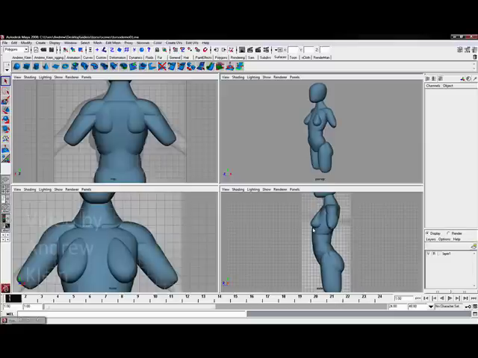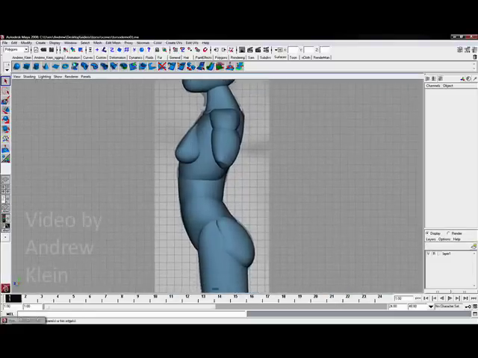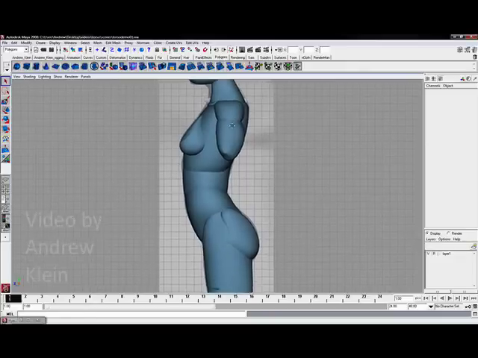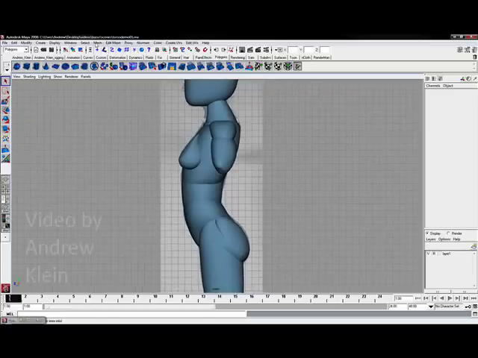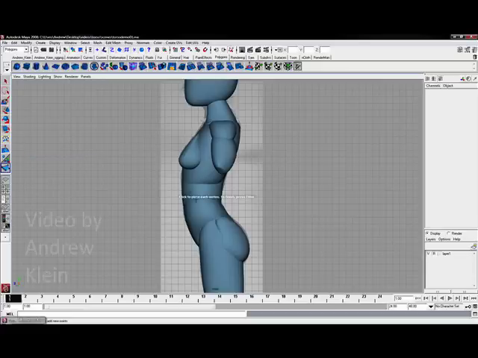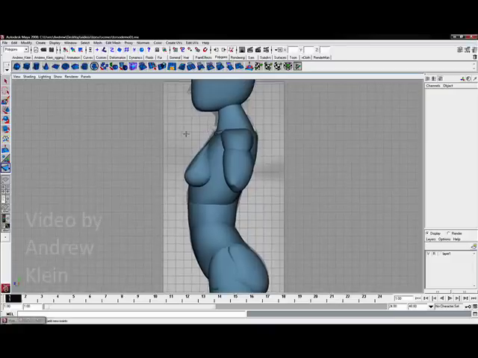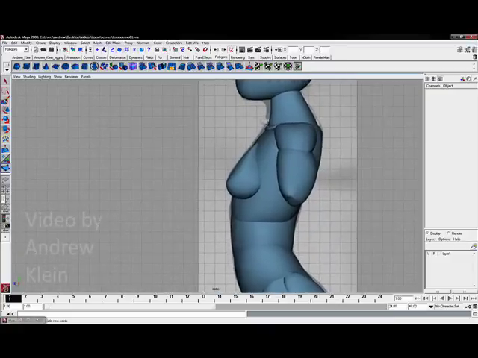And I'm going to go again to the side view and return to my polygon shelf, or if you have your own shelf you can work with that as well. But for the purpose of this demo, I'm going to work with the polygon shelf. And I'm going to go to Mesh and choose the Create Polygon tool. This tool says click to place each vertex. To finish, press Enter. Well, what I'm going to do is start just underneath the neck, right around the collarbone,